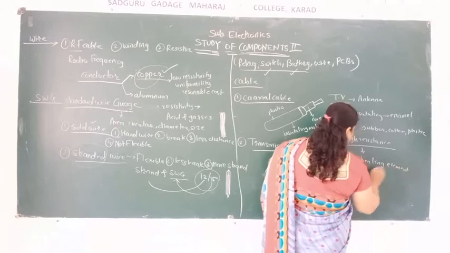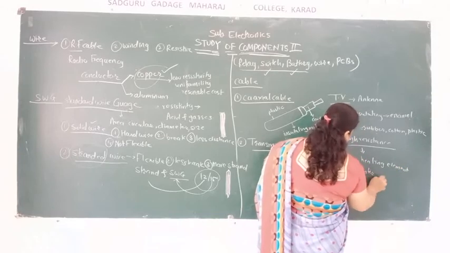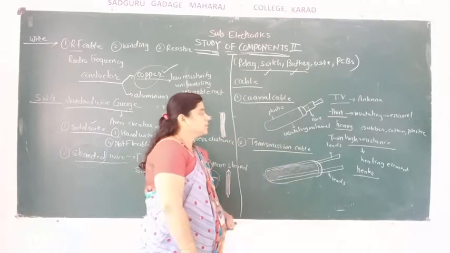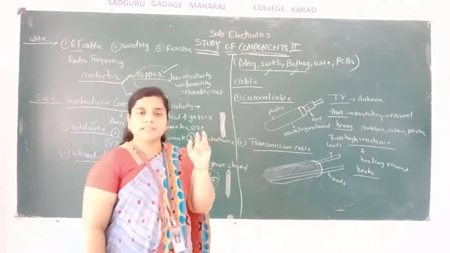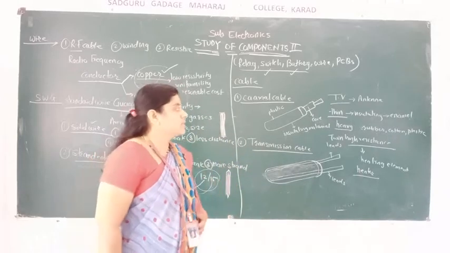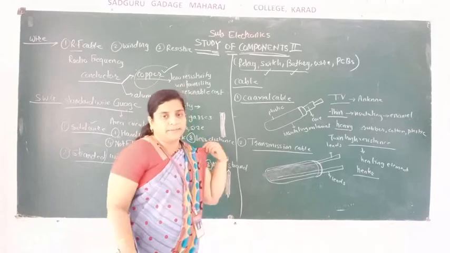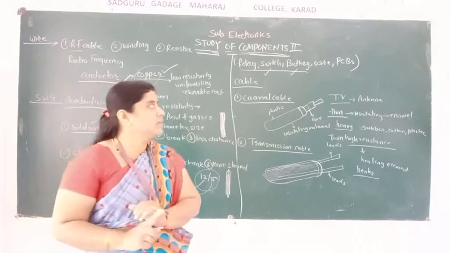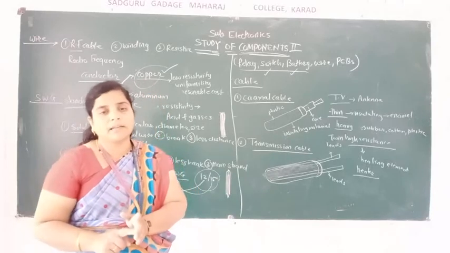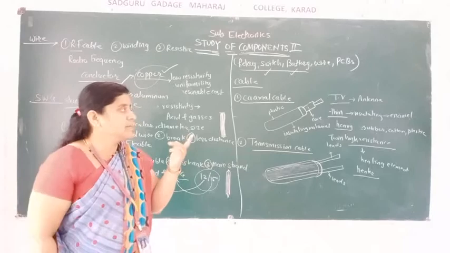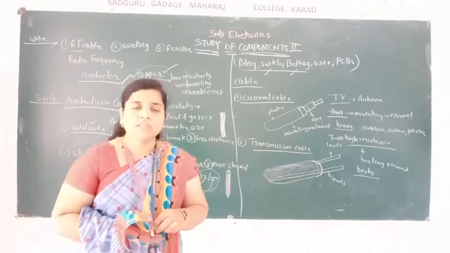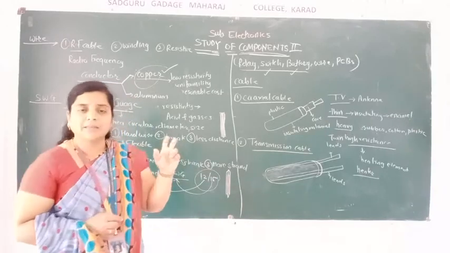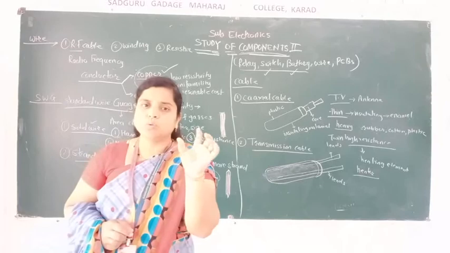For example, our heater. We use the heater at home. So the wire which has high resistance is used in the heater. Okay. So these are about your wire. We have seen relay, switch, battery. Now wires. The printed circuit boards we will see in the next lecture. A wire is nothing but simply a cable used to connect two devices.